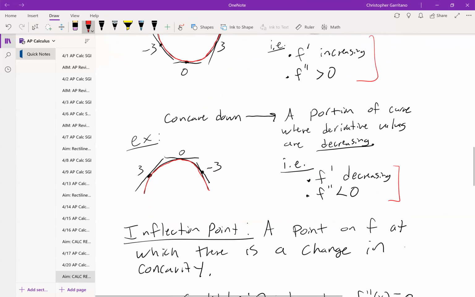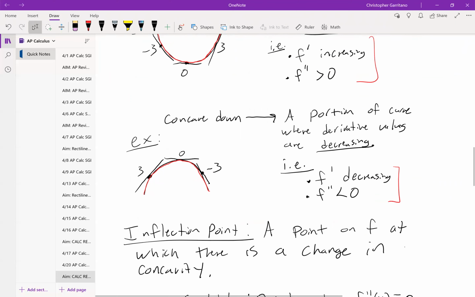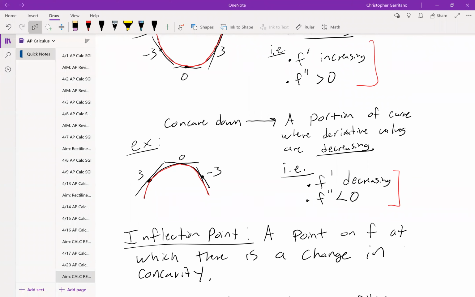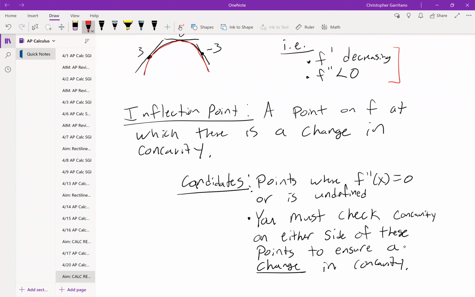Now, an inflection point. The definition of an inflection point is a point on f at which there is a change in concavity. So now a lot of you have been thinking, okay, all I need to do is find where f double prime is equal to 0 or where f double prime is undefined. That's only partially correct because those values that you're finding are just candidates, right? So candidates for inflection points are points where f double prime is 0 or undefined,